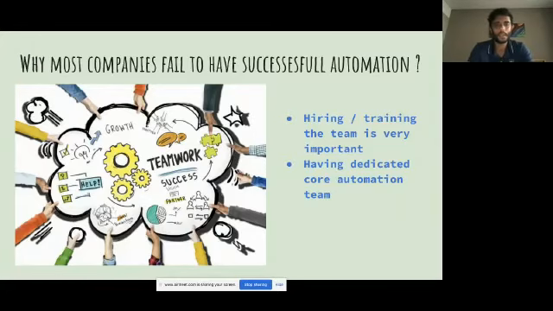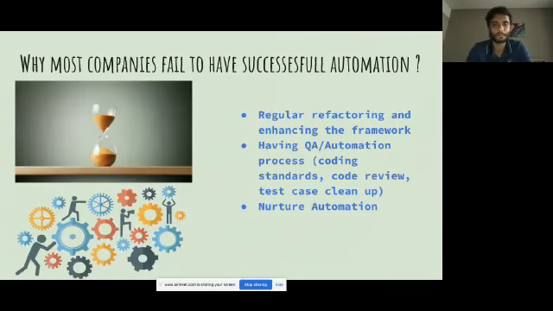You need an AQA in each of the teams, but having a core team which focuses mostly on developing automation as a product, developing automation as a whole, is very important, be it training, enhancing your framework, or helping teammates. So I think that's a very good approach.